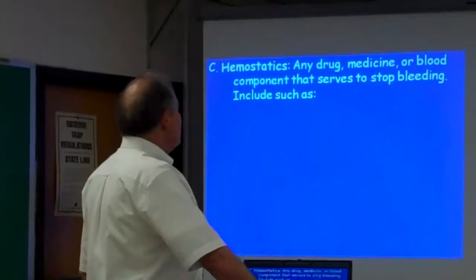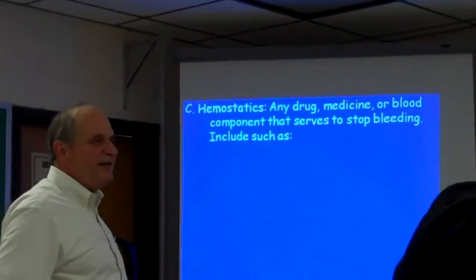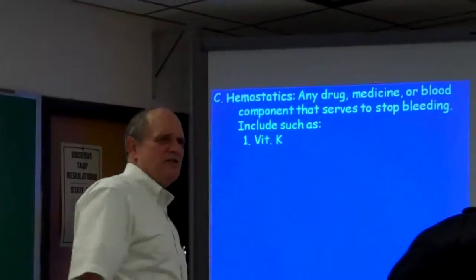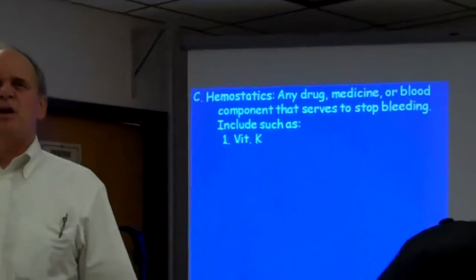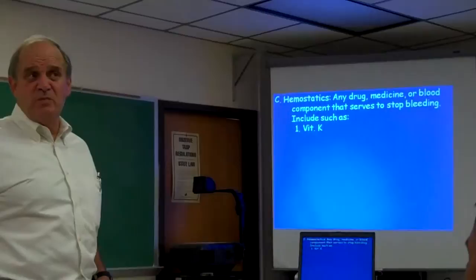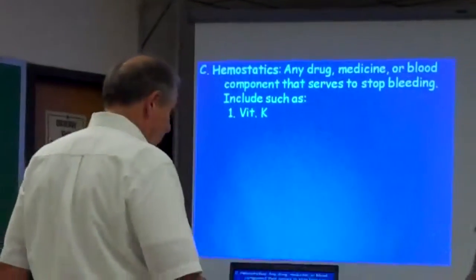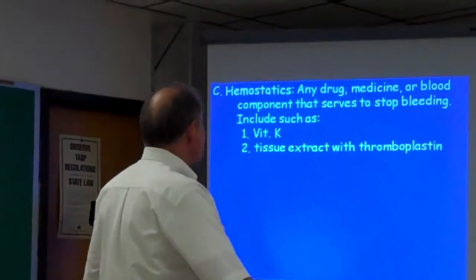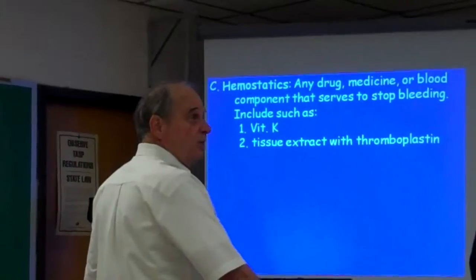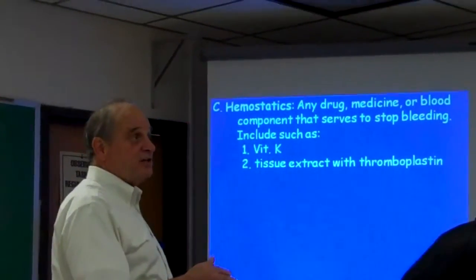Now, right here, a hemostatic. A hemostatic is any medication that will stop bleeding. For example, vitamin K. Obviously, vitamin K is used because, what is it necessary for? It's necessary for sure for the production of prothrombin and some other clotting factors. And the main one you need to remember, the main tissue extract with thromboplastin, tissue thromboplastin, in other words, number three plus calcium activates number